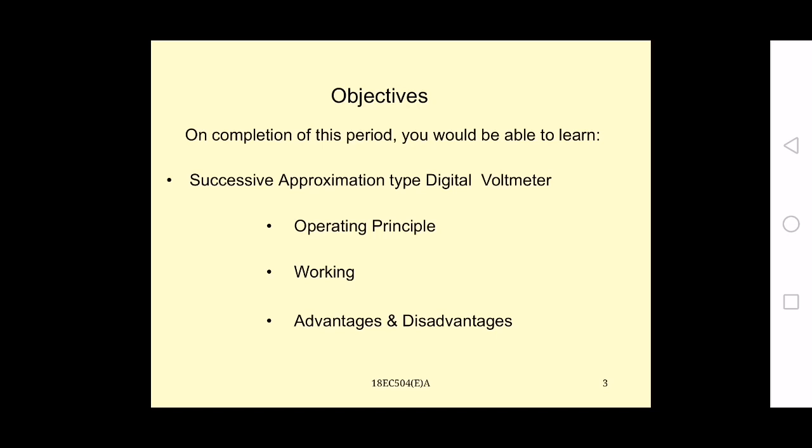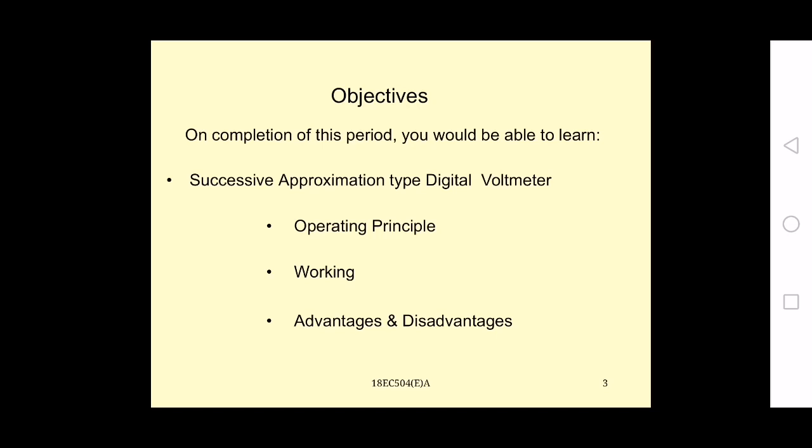If the weight we are placing is more than the object's weight, then that weight will be removed and a smaller weight is placed. If the weight we are putting is smaller than the object,